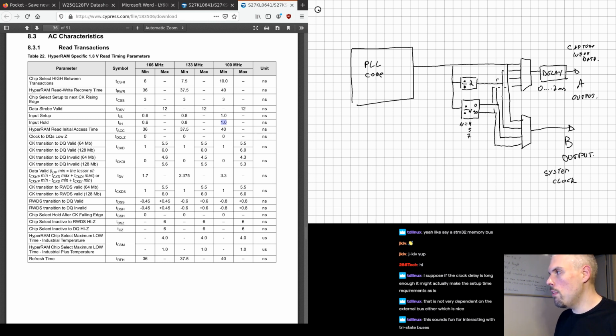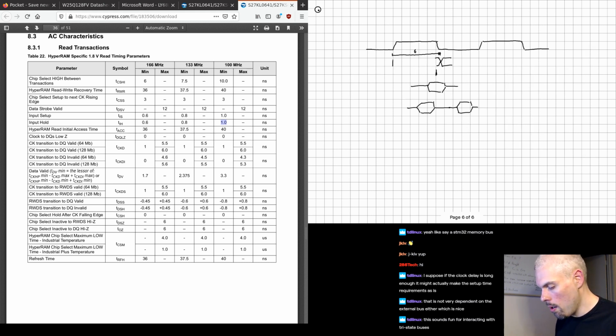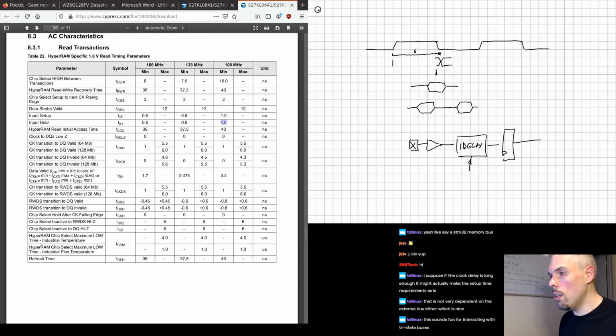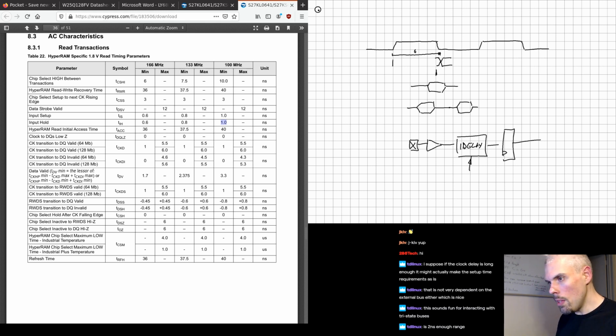Now, you can do this by varying the phase of your capture clock, or alternatively, if you are on an ECP5, you have your input buffer, and then you have your input delay. And all those blocks actually allow the value to not be static. You can change it at runtime, incrementing and decrementing, and you try a bunch of values until you find one that works. And so between trying different delay values, trying both the rising and the falling edge, and the